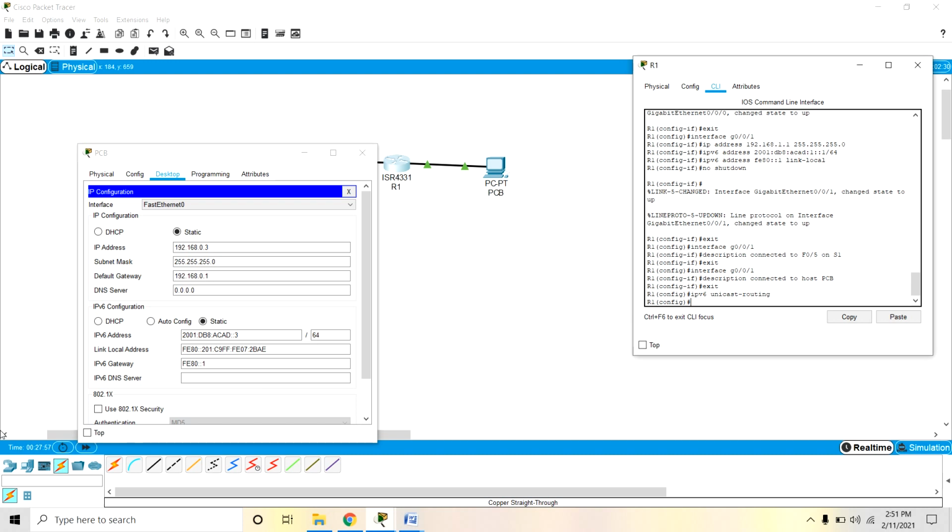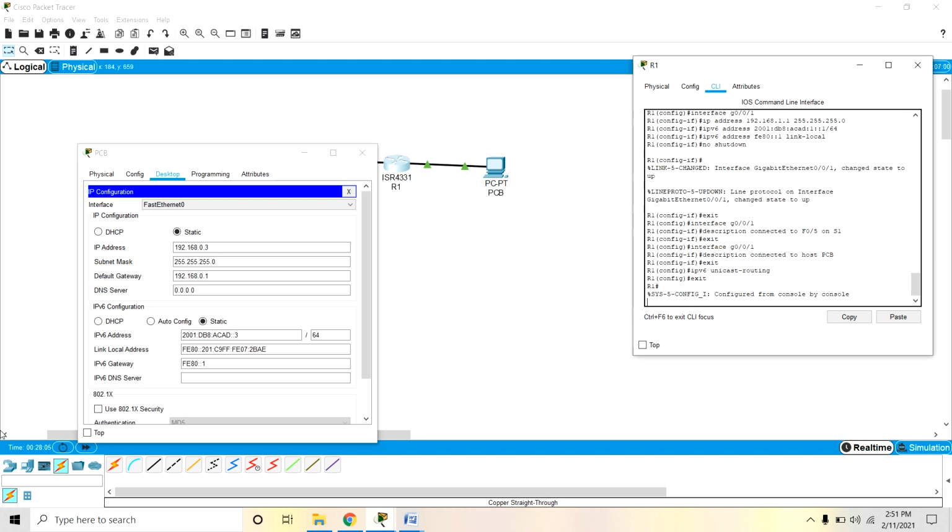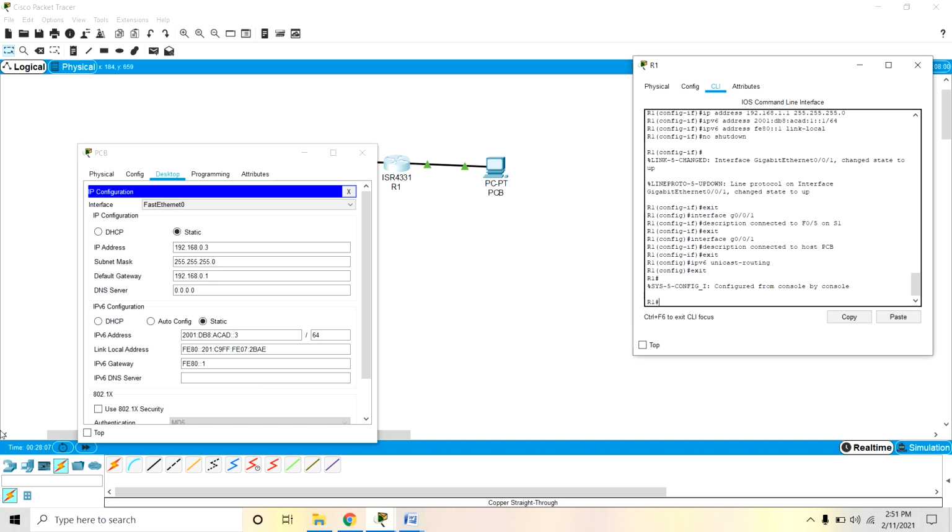So save the configuration to the startup configuration file: R1 config exit, and copy running-config startup-config.